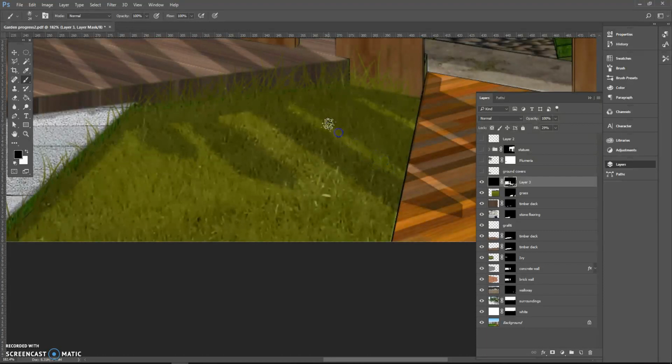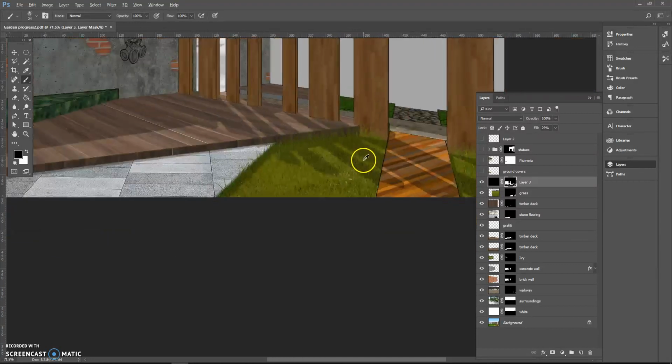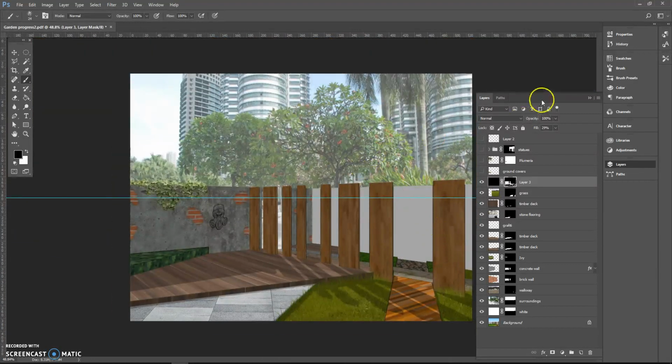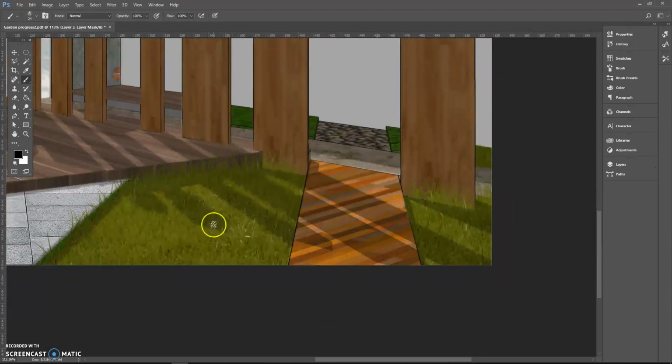That's the key. I don't want my shadow to look too hard when it is on a surface that is soft. That's actually all I want to achieve. So you can also, if you wish, use grayscales in between white and black. But basically you can see the difference here in the left grass area. I've sort of softened up the edges of the shade. Here in the right grass area, you can see I haven't done it yet, and you can see the difference,